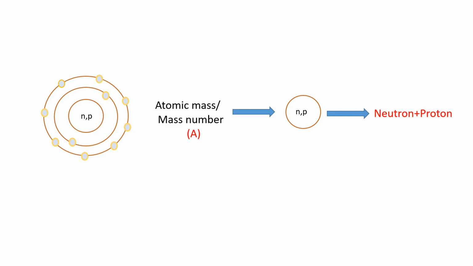Now let's see the other definition of an atom, that is atomic number, for which also we will consider an atom. So this is the nucleus where N and P reside. Again, N is for neutron, P is for proton. There are two orbitals in this example. So the first orbital has the maximum limit of 2 electrons, and the second orbital has the maximum limit of 8 electrons. Now these orbits or orbitals can also be called atomic orbitals or atomic shells.